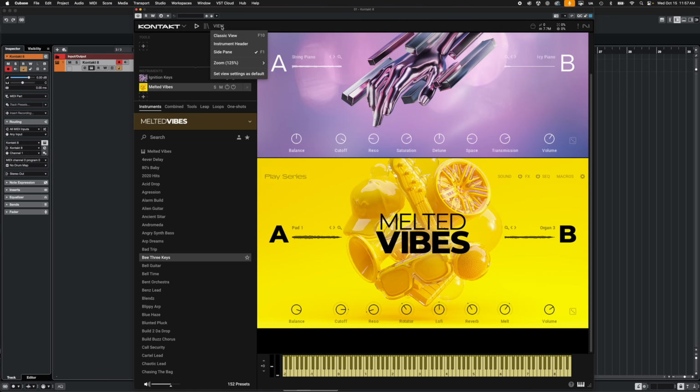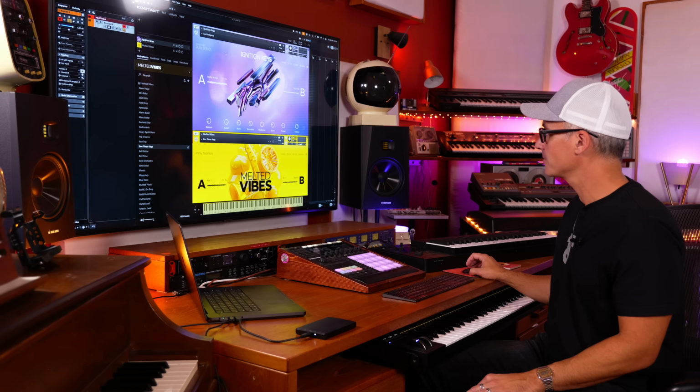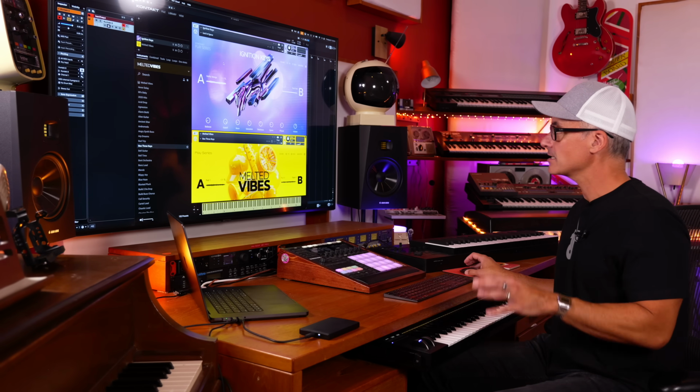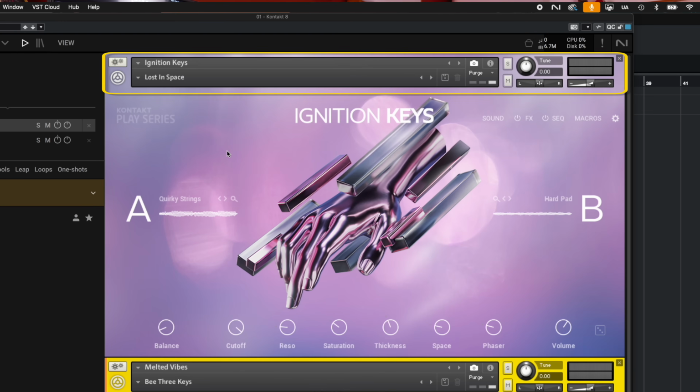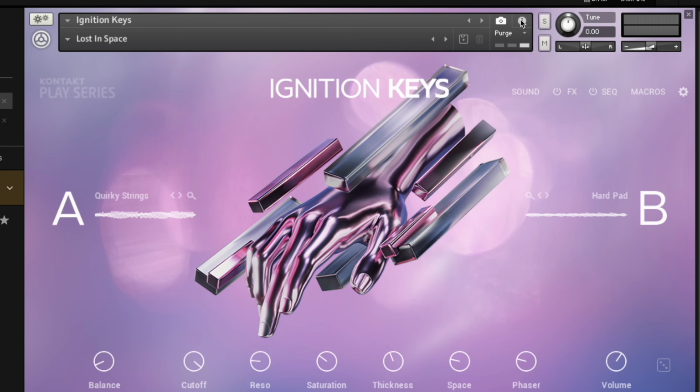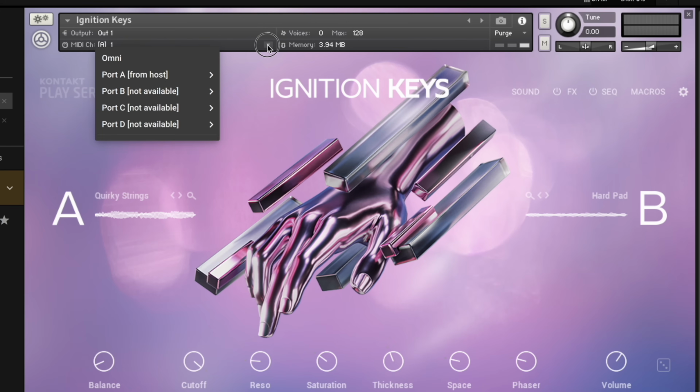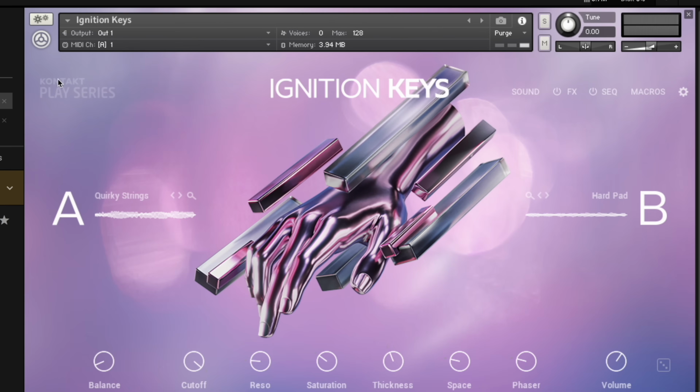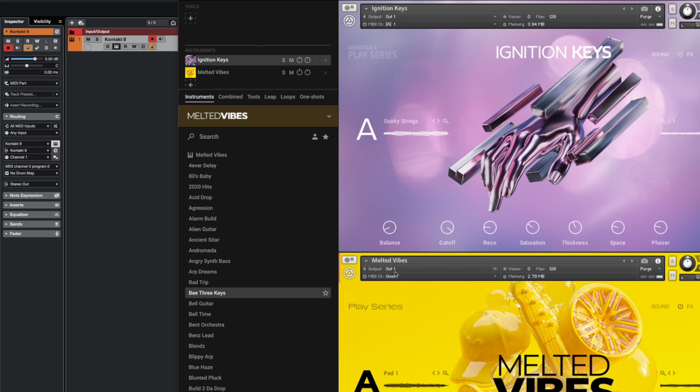If you do want to go in and tweak things like which MIDI channel these are responding to, what you need to do is go up to View and turn on the instrument header. So with the instrument header, you're going to see some of that information that you're used to seeing in older versions of Kontakt. And if I click this little information button right here, I can see the MIDI channel that this is set to. So this one was set to channel A1, port A channel 1, because I didn't have that option setting set just yet. Now every time I load an instrument inside Kontakt ever in my DAW, it's going to set the